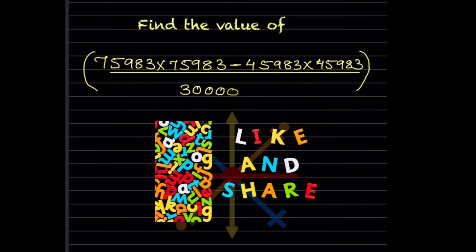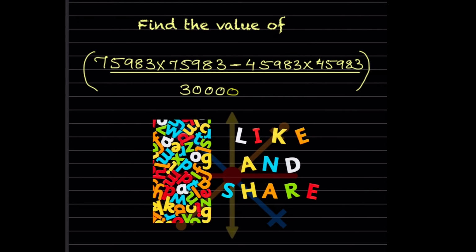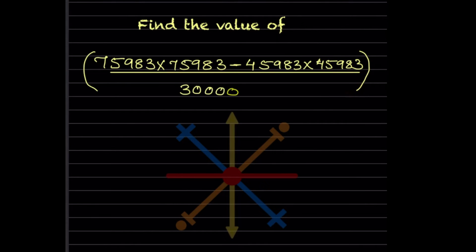So now let us see this problem, where we have to find the value of this expression. What we can see is that these both numbers are the same and these both are the same. So we can consider this as A and this as A, and this as B and B. Before that, what we should know